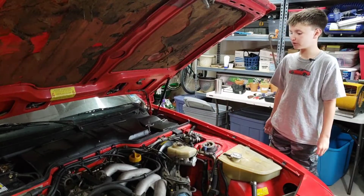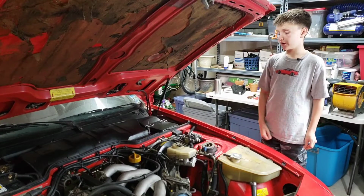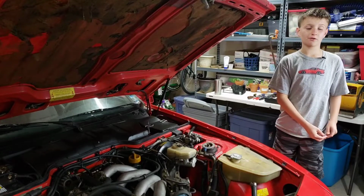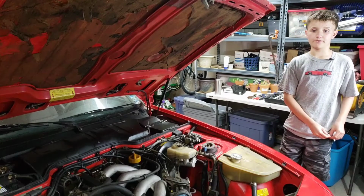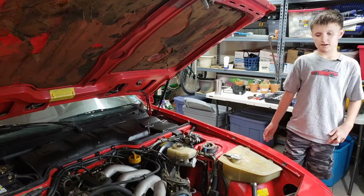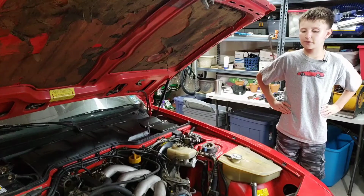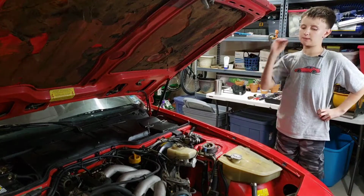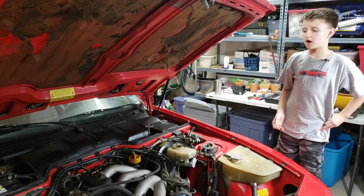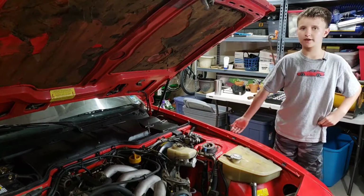So we managed to put in the clutch master cylinder. It was horrible. I would never wish it on anybody. I mean, that's like the closest thing to heck you can get to. If you're doing it, then I'm going to give you some things that were hard for me and easy for me. The hard things were getting the thing in there, because all these wires right here,